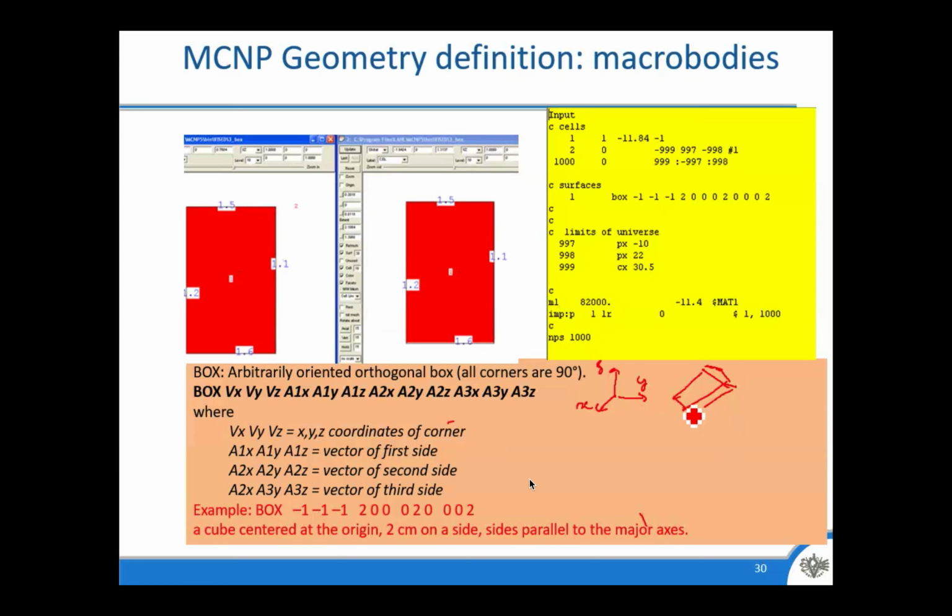So I have something which is not aligned to the different axes. In that case here, it's simple because I reproduce a box which is aligned on the different axes. But if I want to have something like that, I need a vector,